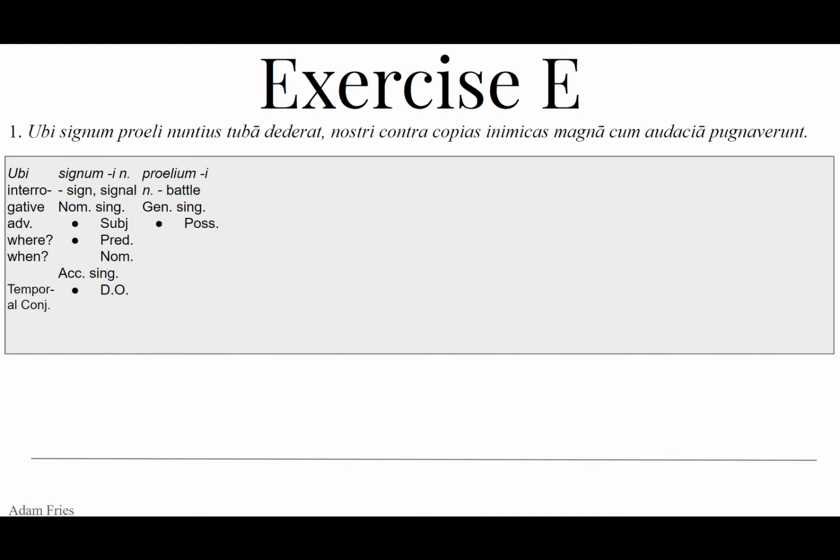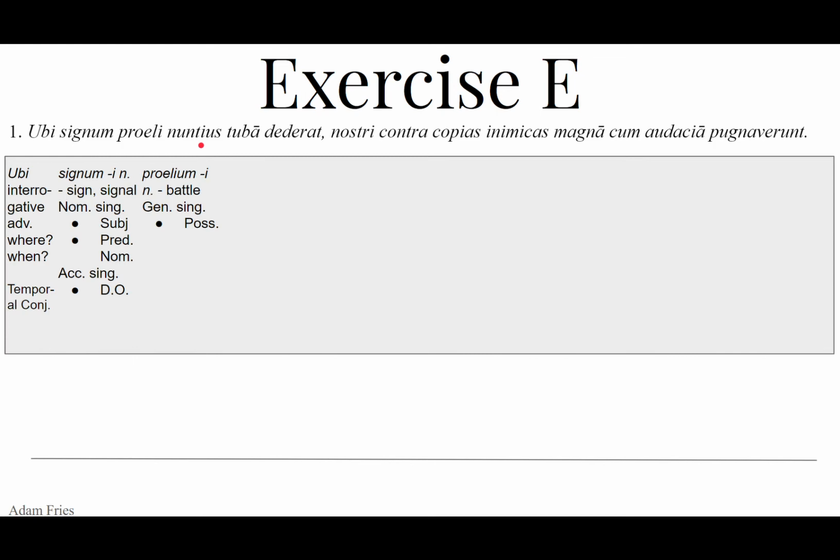For example, you can't say the word doghouse in Latin as is. You would have to turn it into house of dog. You have to turn one of those words into a genitive, of dog. You can't say battle signal in Latin as is. You have to say signal of battle. This holds true in the Romance languages today because they're descendants of Latin. In fact, they are actually just evolved Latin. So signum proelii, the signal of battle. So the signal of battle, the battle signal, that's going to be either the subject or the direct object, where proelii is going to be the genitive singular.